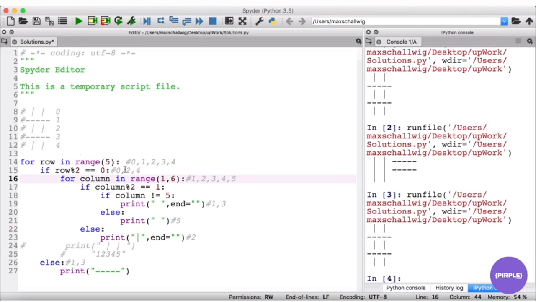And so all of this happens when row is equal to 2. And then when row takes on the value 3, we don't do this if statement, and we do this else statement, which prints us this horizontal separator here, or these dashed horizontal lines. And then when row takes on the value 4, we enter this if statement again here, and now column takes on the values 1, 2, 3, 4, 5 again. And for each of these values, we either print a space if it's odd, so 1, 3, 5, or a vertical line if it's even, so 2 and 4,